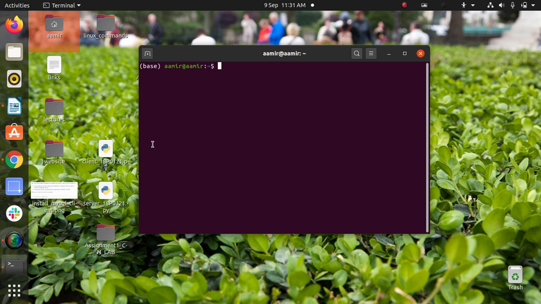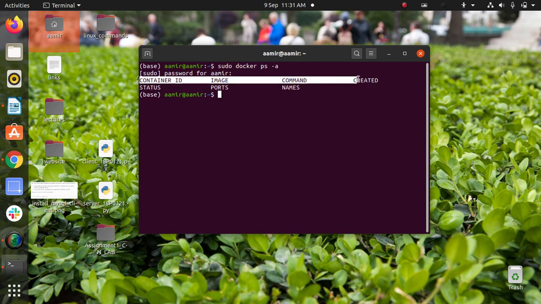So we have this command, sudo docker ps. There are no containers. We have not created any container, so now we will create containers. For this I will join as root. For root, this is the command. Now I am logged in as root. So we will create our first container.